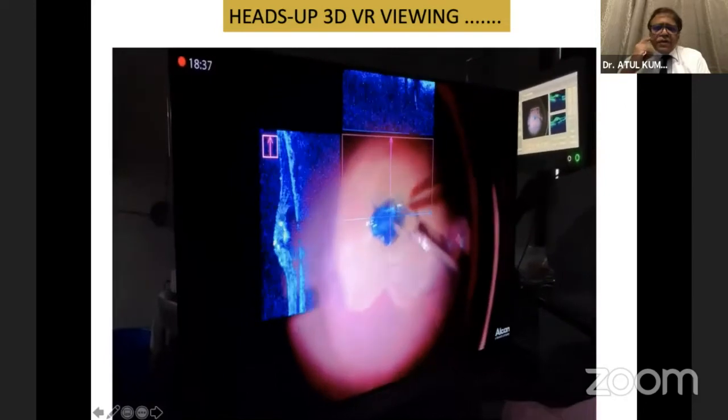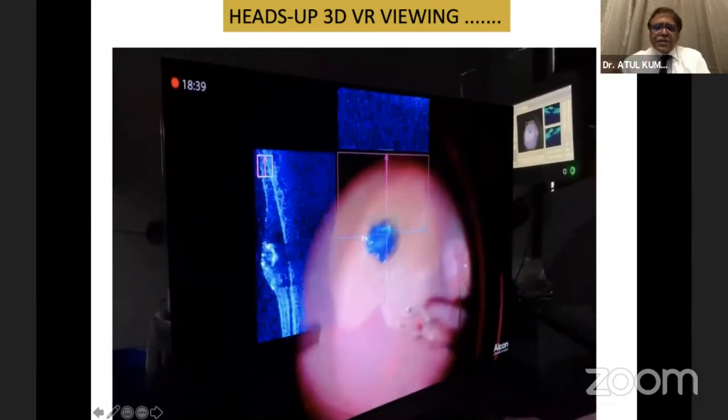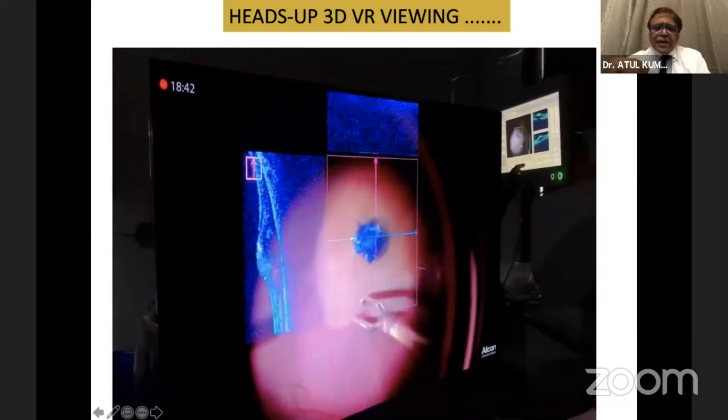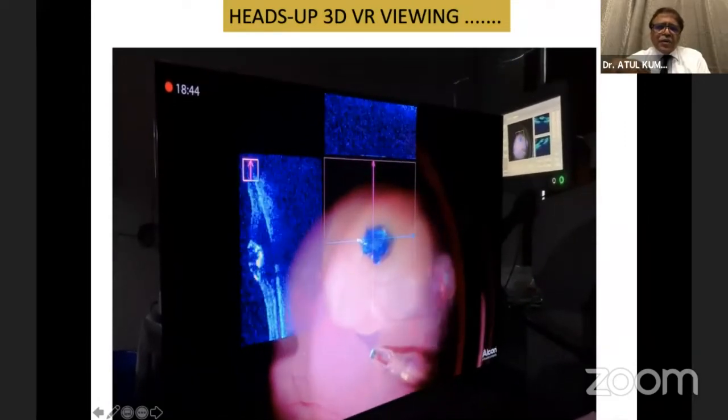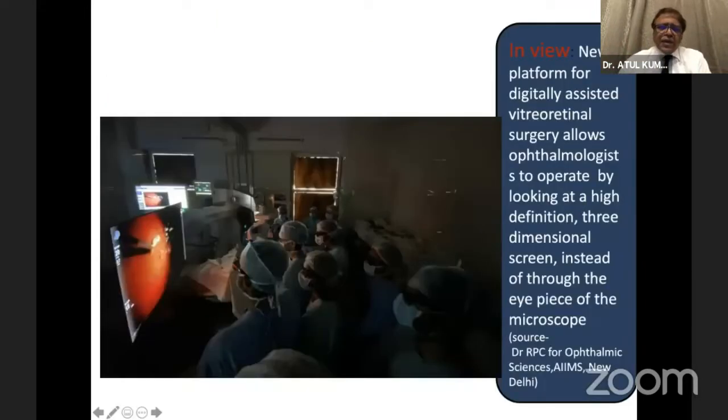This is how the Ingenuity 3D viewing system is. This is another imaging modality which just helps you to see. It's got pixelization, it's a digitized image and gives you 3D exposure, and the surgeons as well as the students get to see exactly through their passive Polaroid glasses. They also see the surgery as the surgeon would see.